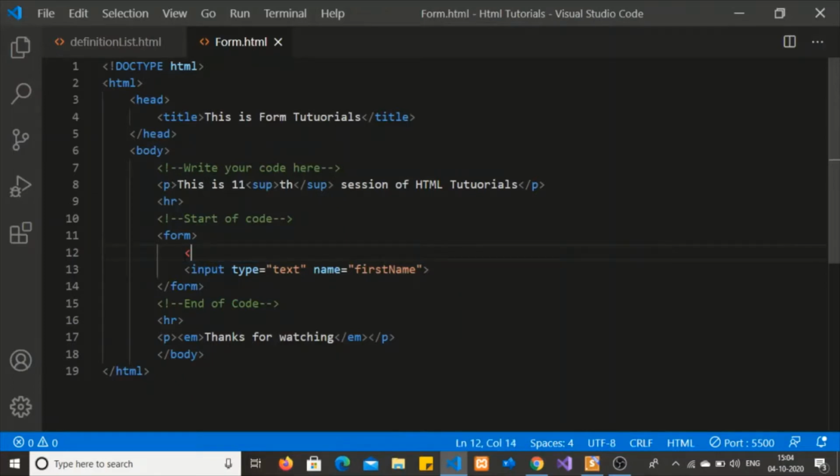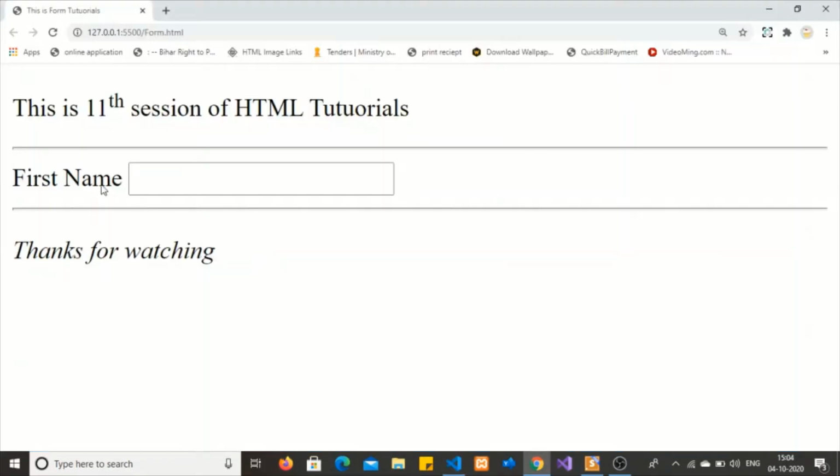Let's make it a label. I write a simple text in between the label tags, and I am applying the for attribute for this label, and it takes the same name as the input field.